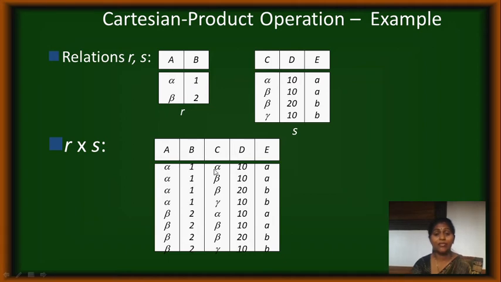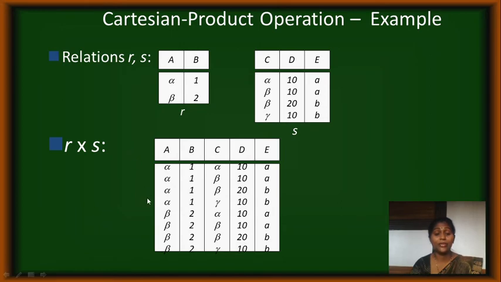Let us see here. Alpha 1 first element, alpha 1 second element, alpha 2 third element, alpha 1 last element. After these 4, I'll move to the second, beta 2 first element, beta 2 second element, beta 3 third tuple, beta 2 fourth tuple. Like this, R into S can be performed.